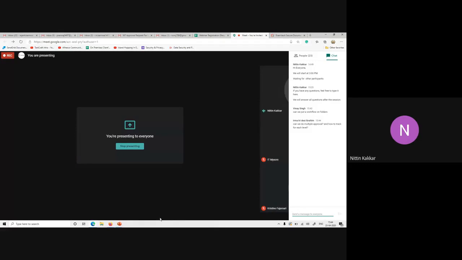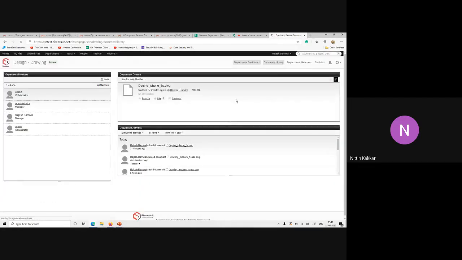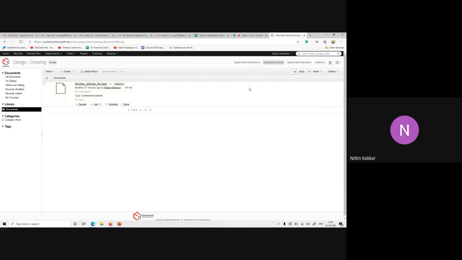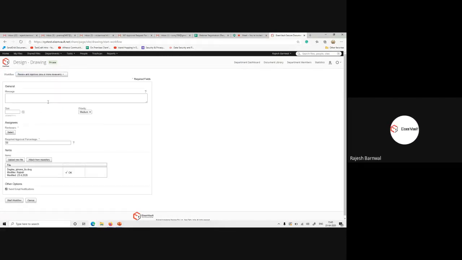Rajesh, if you just open one of the workflows, please. Can you repeat again, Nitin? Just initiate a workflow, any one of them. Okay, yeah, let me go to the design. Just select a multiple review workflow and assign it. Start workflow, multiple.